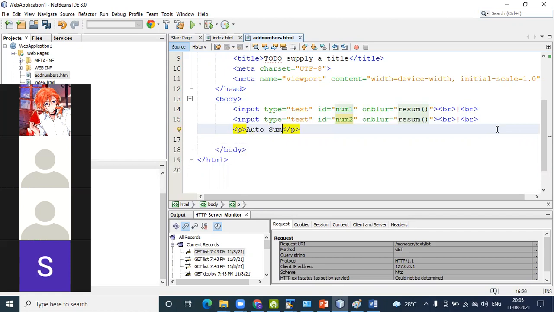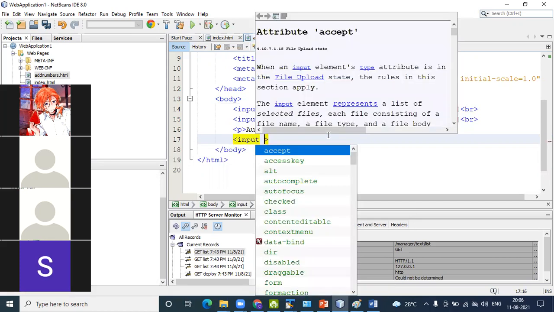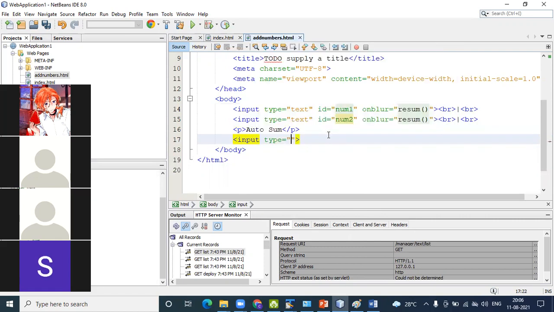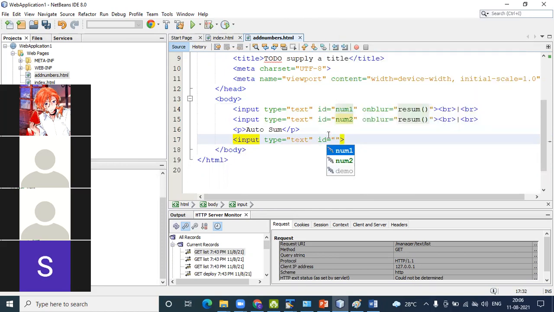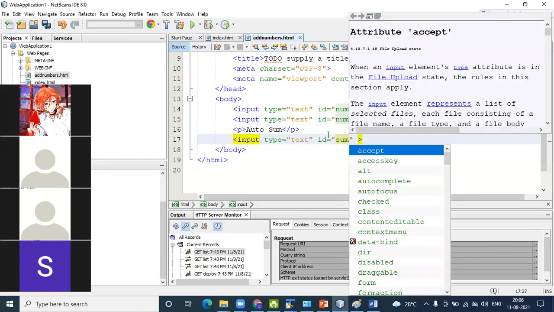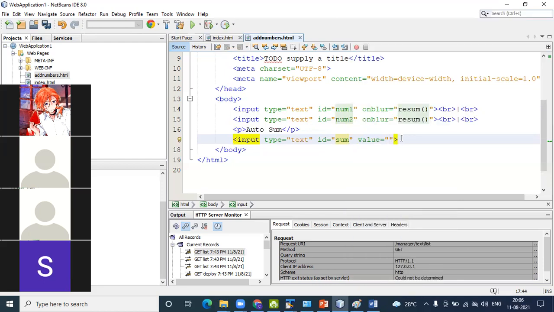Input type is equals to text. ID equals to sum.